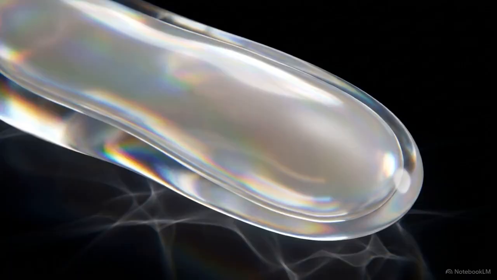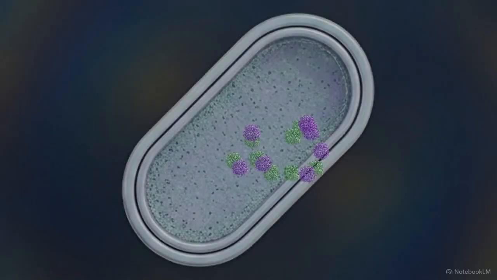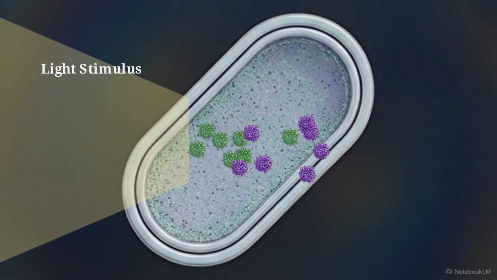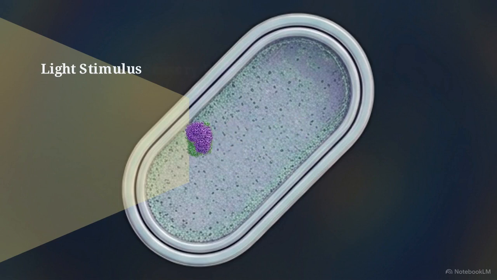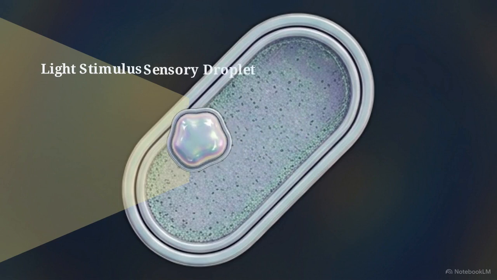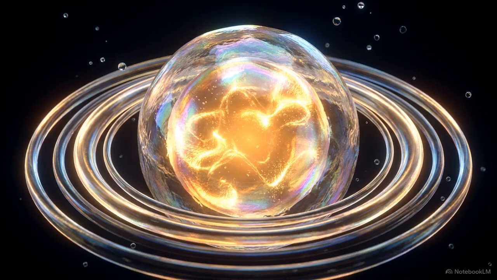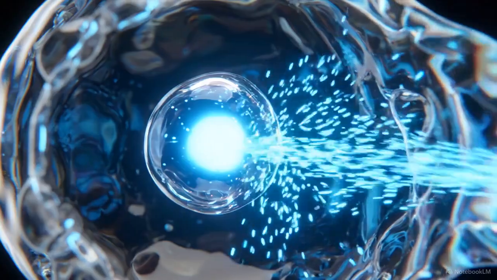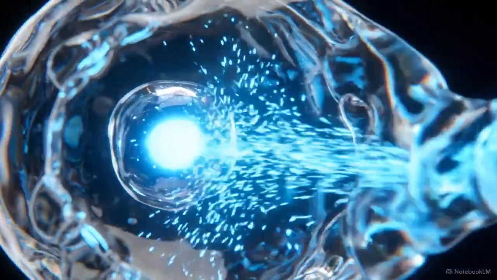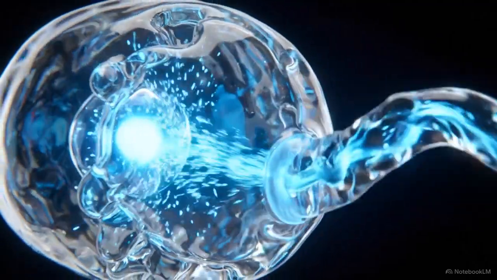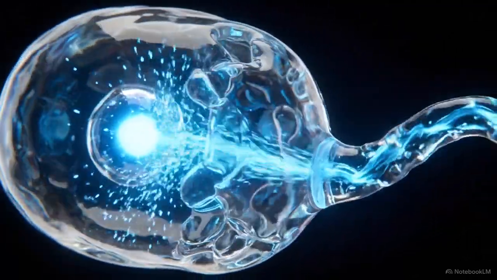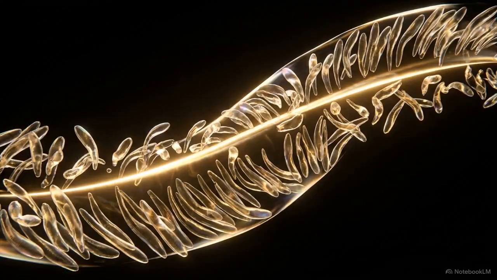These bacteria lack eyes or a nervous system. Instead, when light hits them, they use phase separation to rapidly cluster specific proteins, like rhodopsin and chlorophyll, into dense sensory droplets inside the cell. By packing these molecules so tightly together, the droplet acts like an antenna. It amplifies the energy transfer from a weak photon of light, triggering an ion flux that steers the cell's physical movement. Through internal fluid physics, a blind, single-celled organism can collectively navigate its environment.